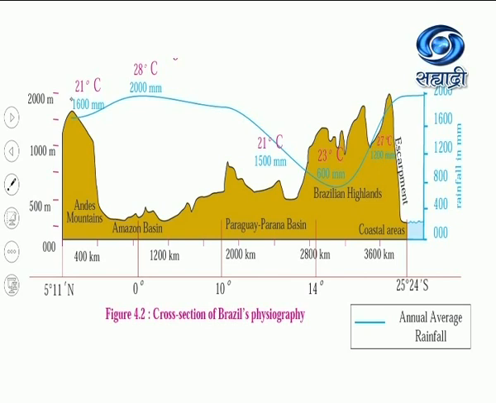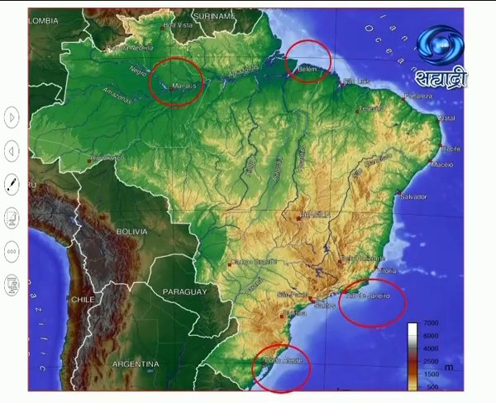Again, the temperature reduces till 21 degrees Celsius on the Andes mountains. So this is the difference of temperatures or variation of temperatures in Brazilian highlands and the Amazon basin. Now, let's see the 4 cities located in Brazil, which have been shown in your textbook with the help of